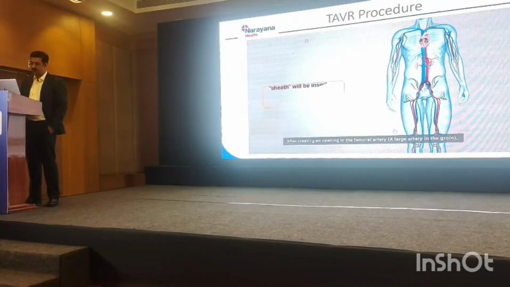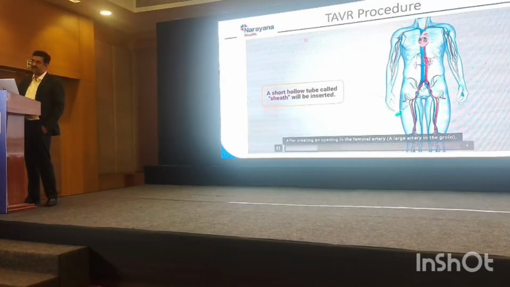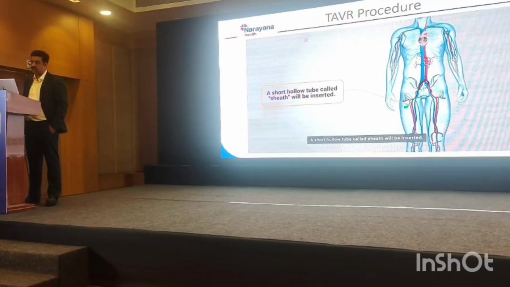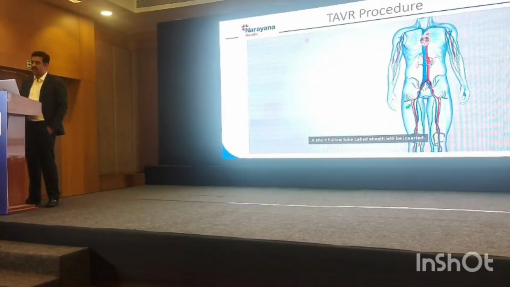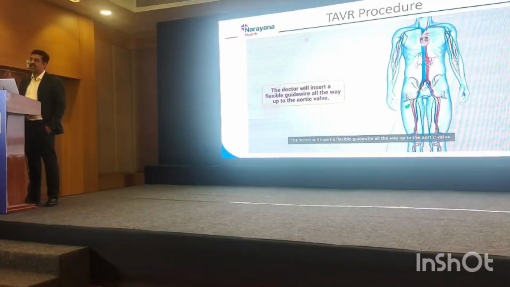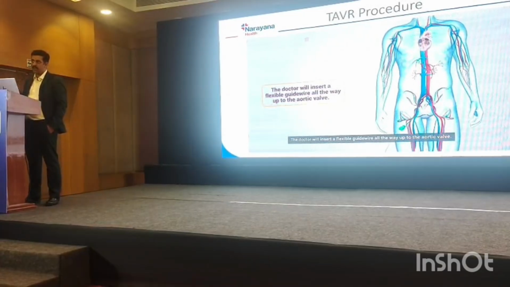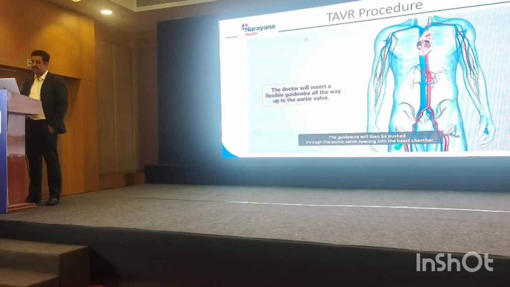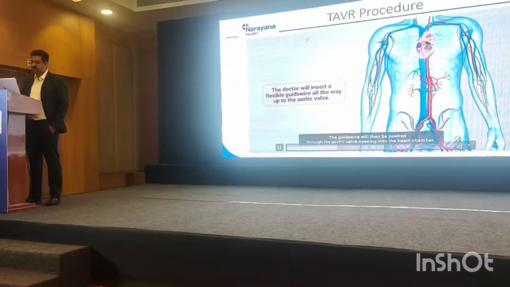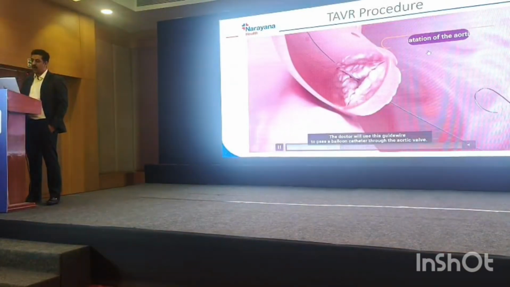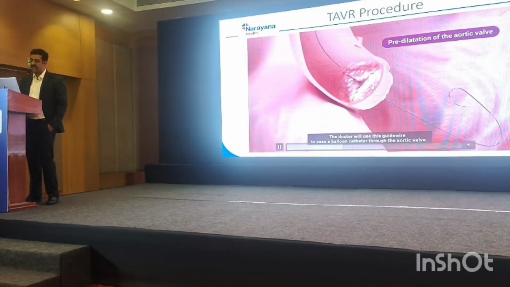You make a small hole and then you take a tube inside the leg artery, through which we can go all the way from the leg artery inside the heart and do the replacement. No ventilator is required. The patient is awake. From this small hole in the leg artery, you go all the way inside the heart,